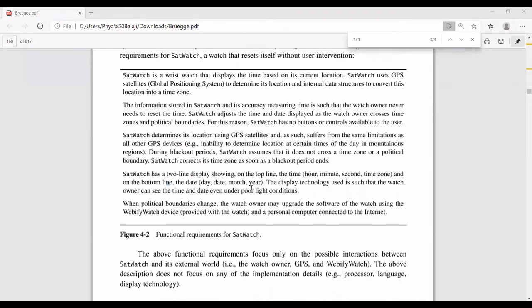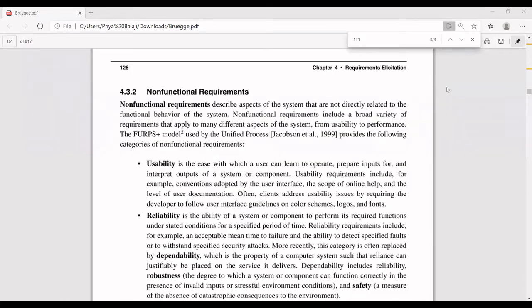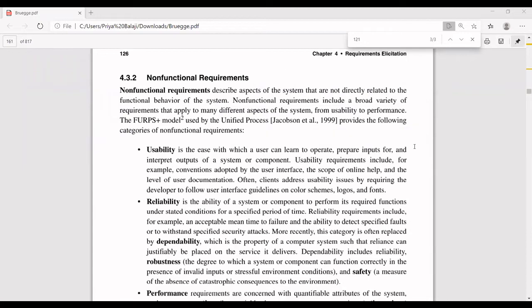Now, what might be the non-functional requirements? Non-functional requirements are not directly related to the functional behavior of a system. They are used inside the system and matter for the performance of a system. As with a car, the functional needs are a wheel, a steering, a brake.